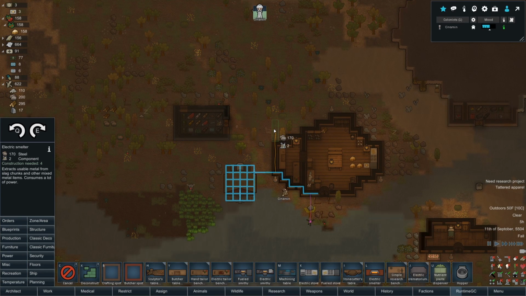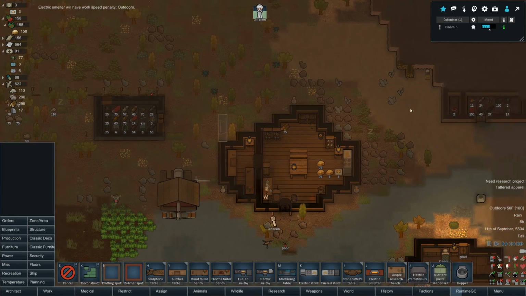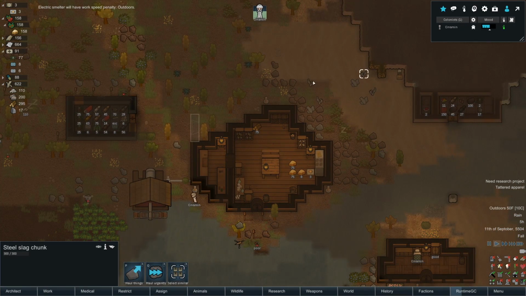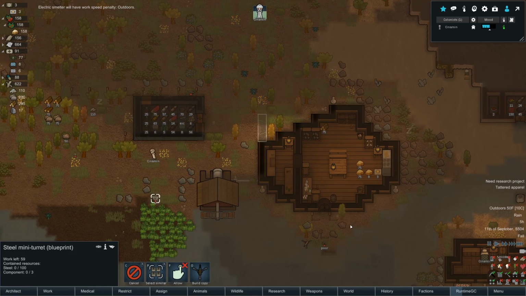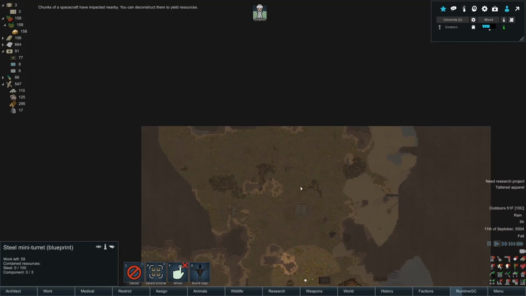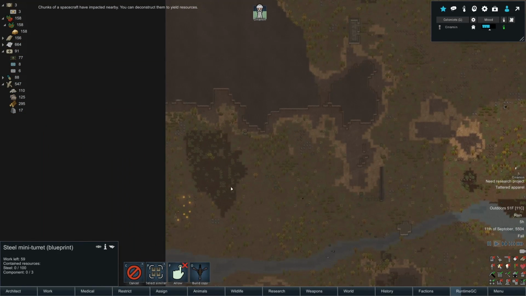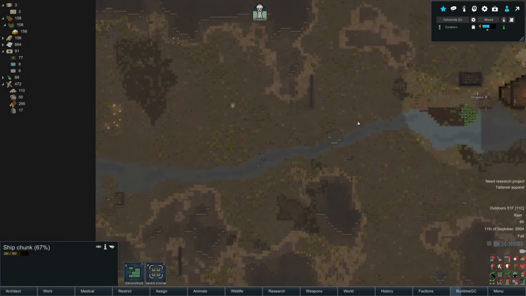We'll put this table right there. That's fine. There's no trees in the way. It's automatically connected to the power grid. We can immediately start by smelting out this slag here. And then we can unforbid this and get a few more turrets. Chunks of spacecraft have fallen nearby. Okay. There's one up here, and I think there's one over here. Yeah, right there. I do want to deconstruct this because we can get more components for it, but we don't need to do it just yet. Then we have to haul it back a little bit later, so...